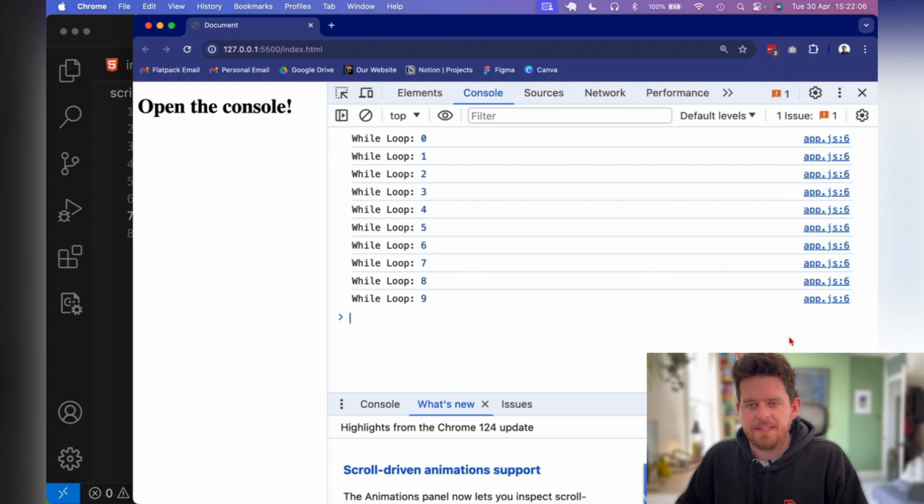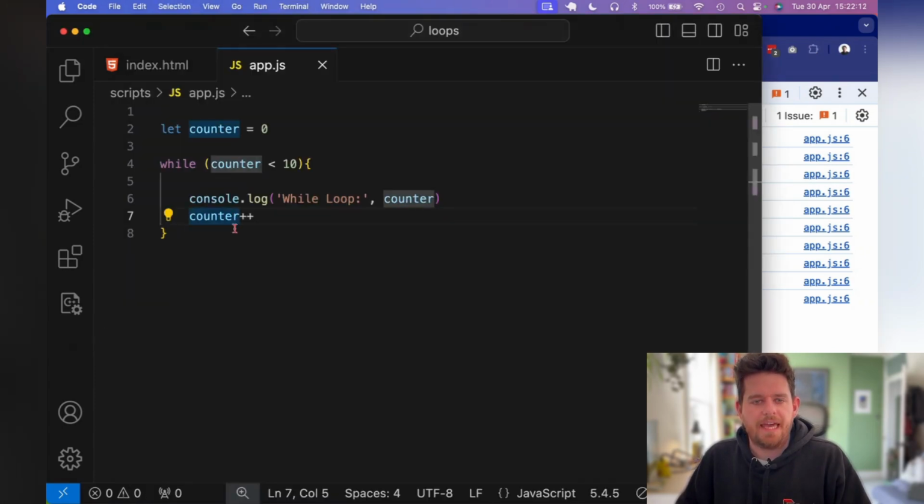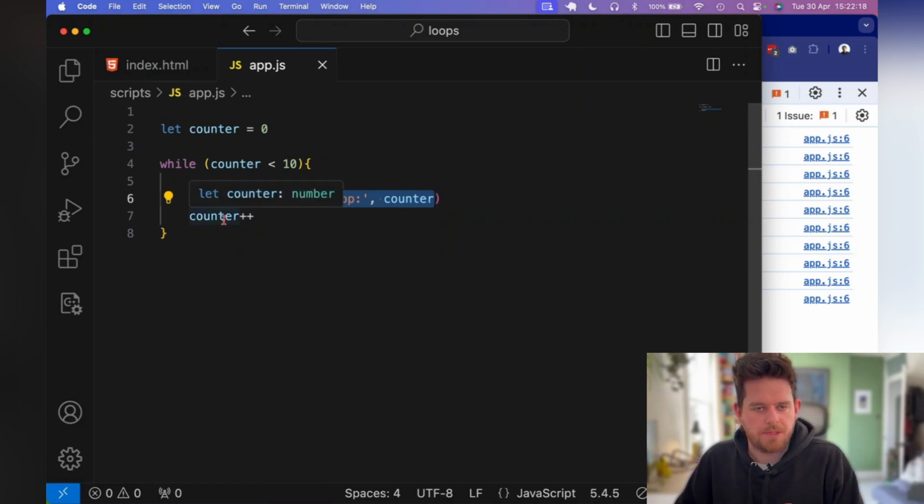Okay, so if I save this now, you'll see that we then get it from 0. So we get 0, 1, 2, 3, 4, 5, because we're saying, hey, go and print our counter and then increment it once. And then we say, go to the beginning of your while loop again, check that this is true. And if it is true, we want to log out what the new value of counter is. And then we increment it again. And the whole process repeats